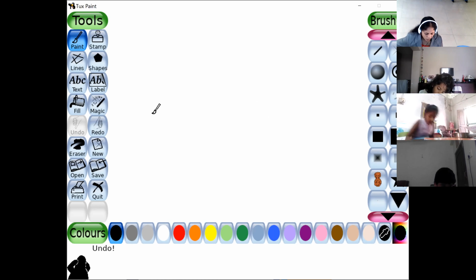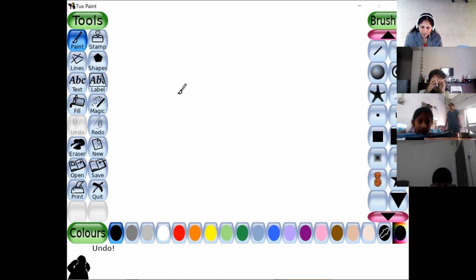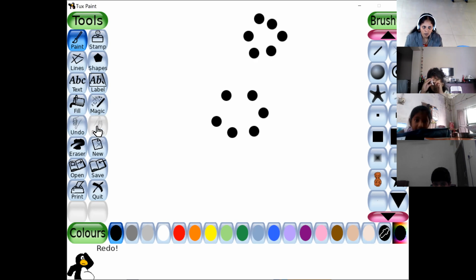Redo means clicking this tool will redo the drawing action which you have just undone. Suppose I have drawn circles 12 times and undone 12 times. The same thing I want to redo, means I want to do it again. Just click here, the redo option is there. Whatever I have undone, the same thing will be redone. The opposite, right? Undo means the last action will be deleted. Redo means it will be done again.